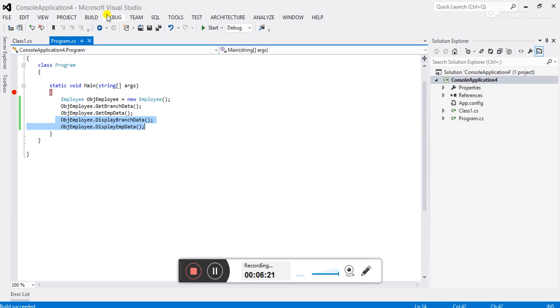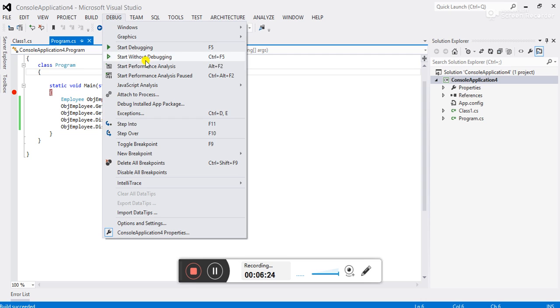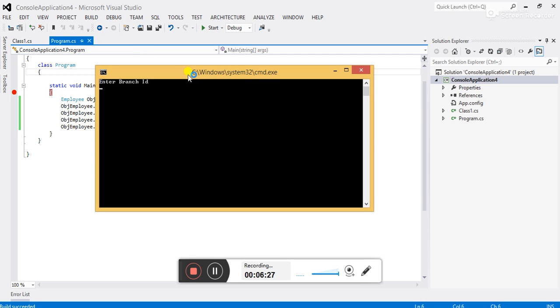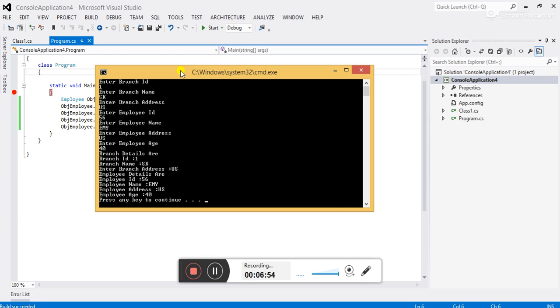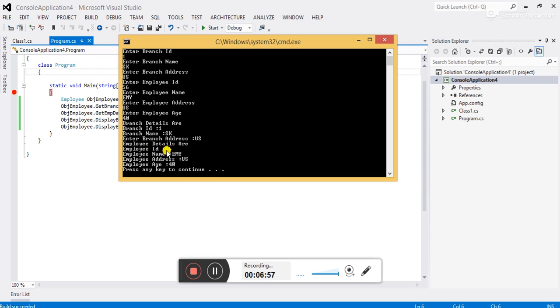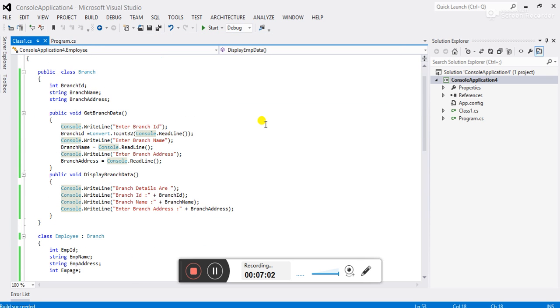The solution built successfully. Let's start without debugging. Enter the branch detail and employee detail also. Here we get the computerized branch detail and employee detail also. This is the example of single inheritance.